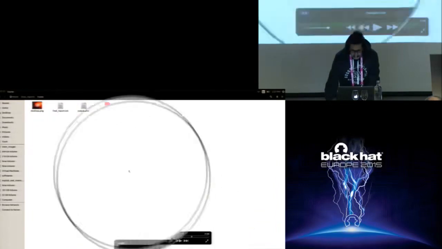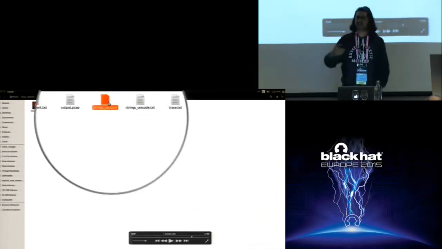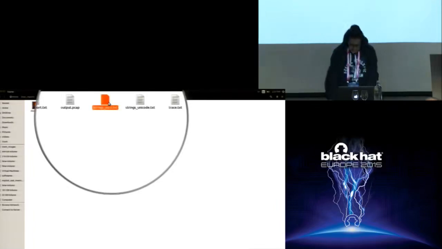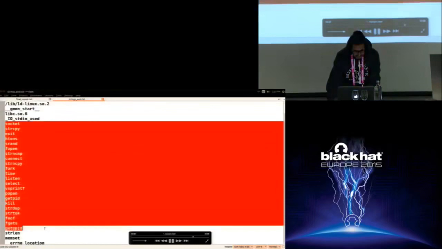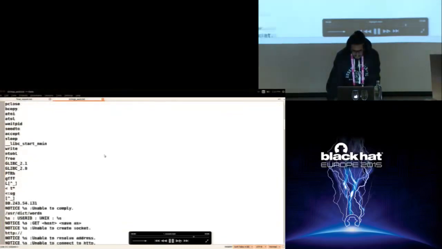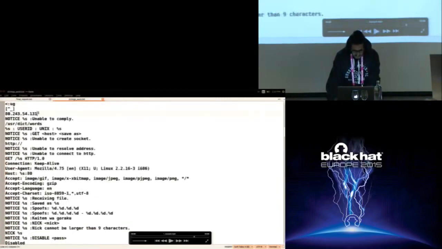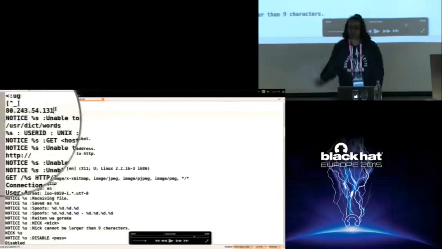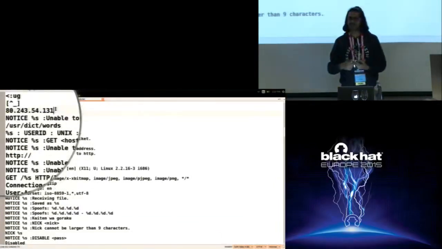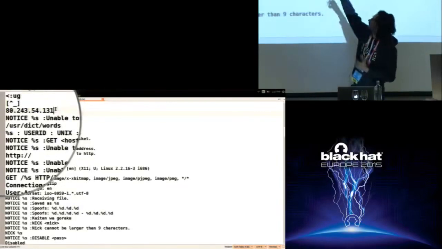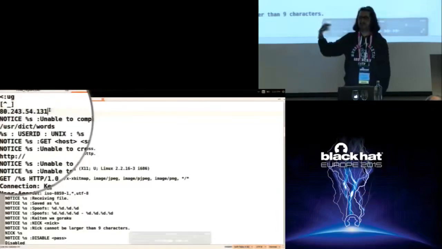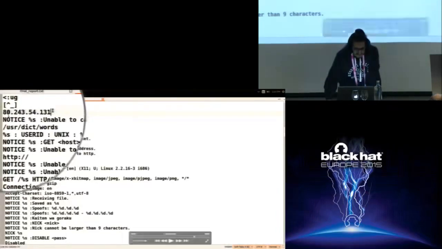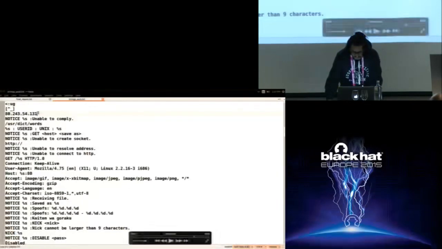So next, if you remember, the strings were extracted and stored in a separate file. Let me show you the strings. As you can see, there are references to the system calls here. And extracting the strings also shows a reference to the command and control server here. Because this malware is not obfuscated, extracting the strings is enough to give you some very interesting information. In this case, it has references to this IP address where it connected. If you remember, we saw that while we did the dynamic analysis. It has references to this command and control server IP address.